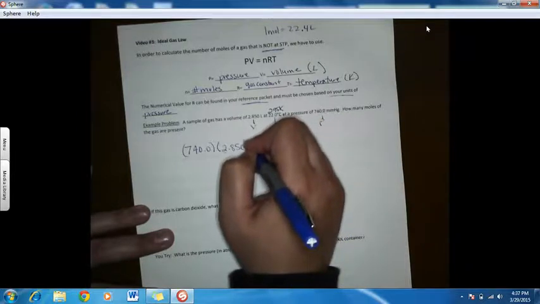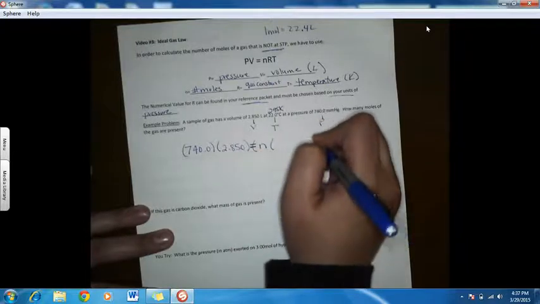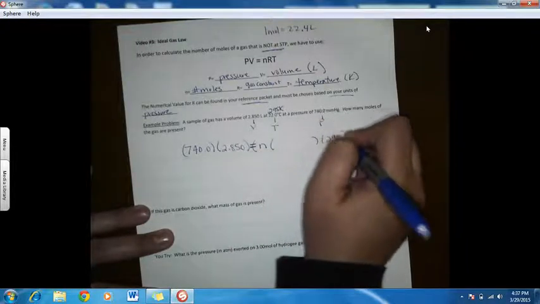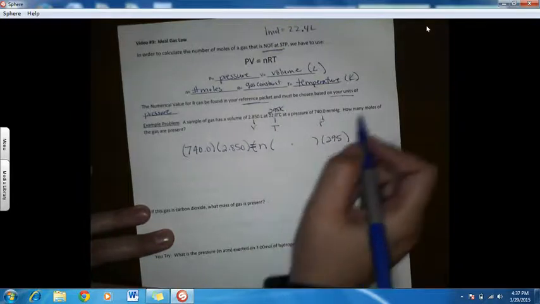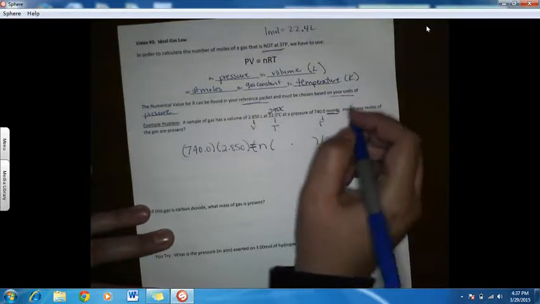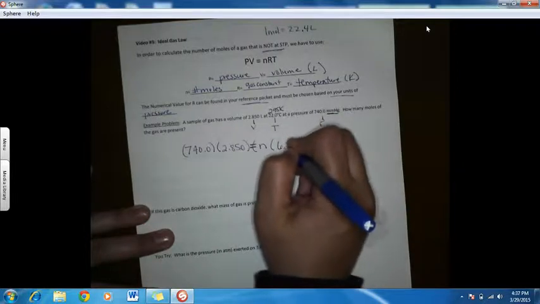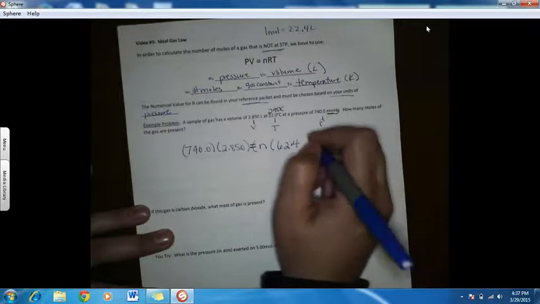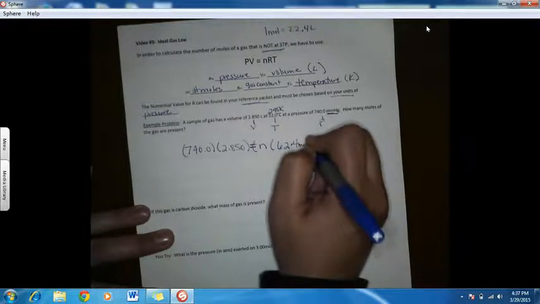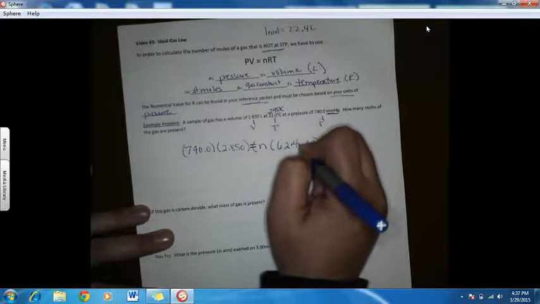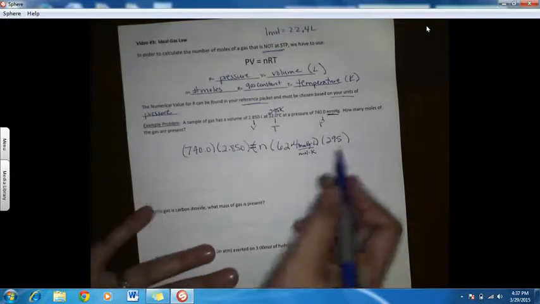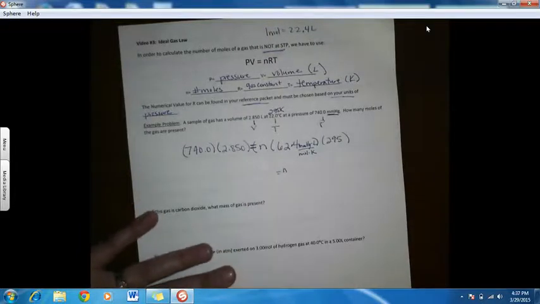Alright, so PV equals n, which we don't know, times R times 295. So the value that we choose for R has to correspond to our millimeters of mercury. If we look on our reference packet, we'll see that that value is 62.4. And you'll see the units are millimeters of mercury times liters over moles times Kelvin. Alright, so now we solve for n. And we'll divide, so we have 740 times 2.85 divided by 62.4 divided by 295. And we get